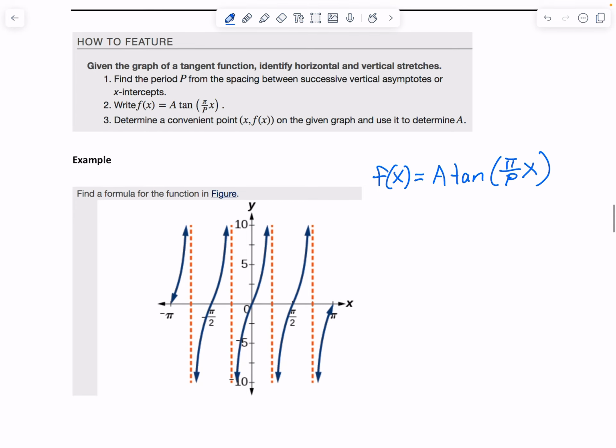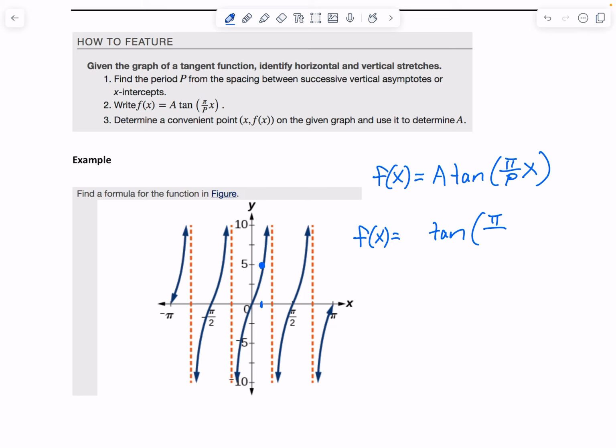So given this graph, okay, first thing, it's a bit tough to see, I think, how much it's stretching. We do know it's about halfway through, so probably about a 5 or a 4 there. So let's just fill in what we know then. So f of x equals, okay, let's save room for the a, and then we're going to do pi over